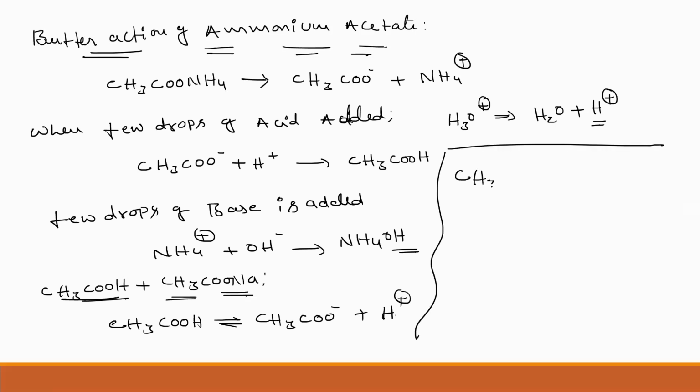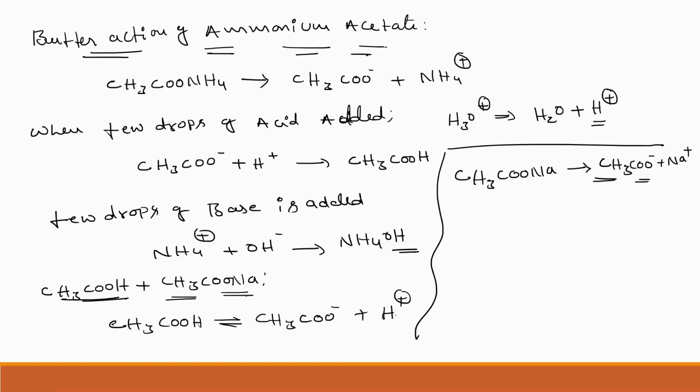Okay. Similarly, what is it going to give again? It is going to give CH3COONa. It gives CH3COO minus plus Na plus. So this buffer is what? So this buffer is rich in acetate ions. As this buffer is rich in acetate ions, what is going to happen? Because of common ion effect, the ionization of acetic acid is suppressed. Common ion effect. Okay.